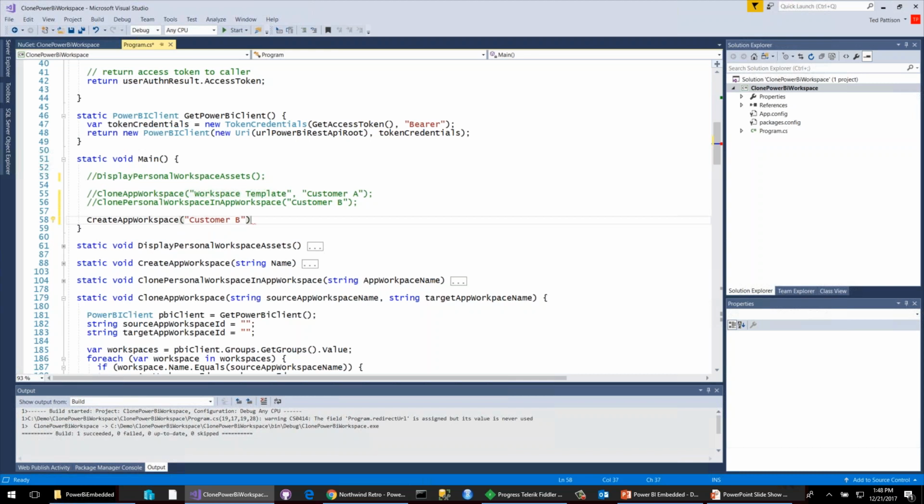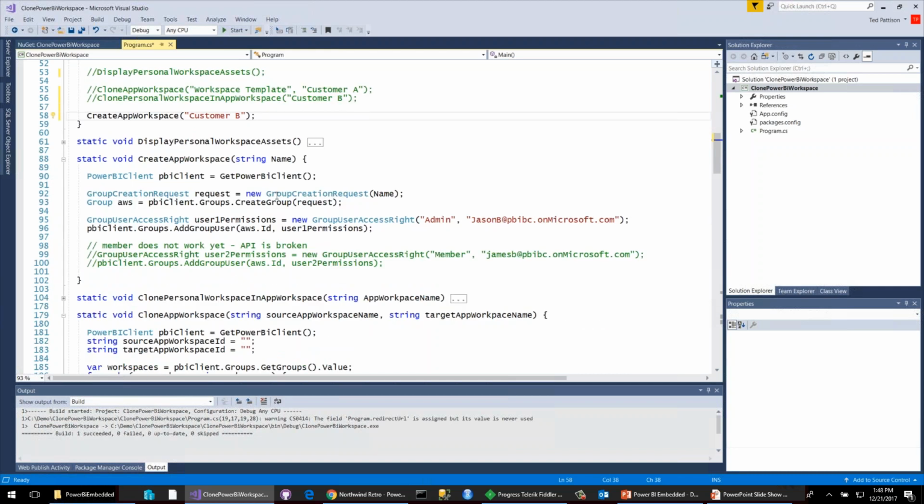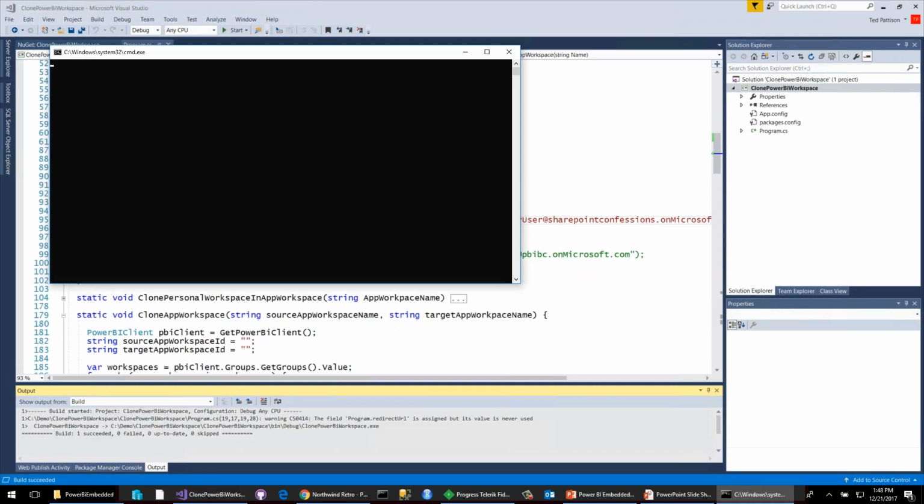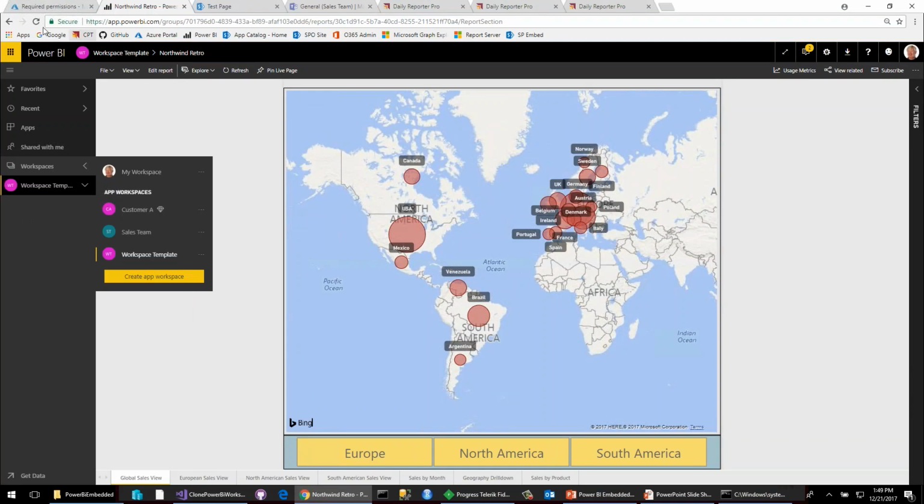Now, with create app workspace, what we can see here is that the API gives me a group creation request, and I can basically create something new inside there. And maybe I want to make an admin out of my PBE master user, and we have SharePoint confessions. Okay, so let's go ahead and run this right here. What I want to show here is, programmatically, if I want to create a new app workspace on the fly,